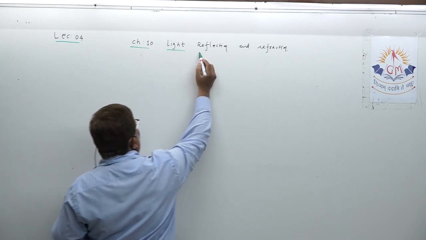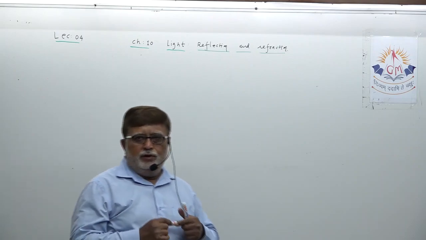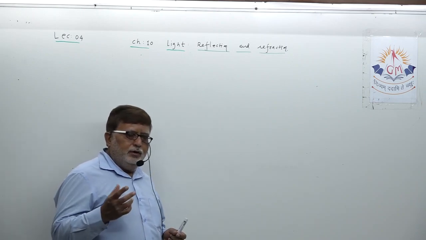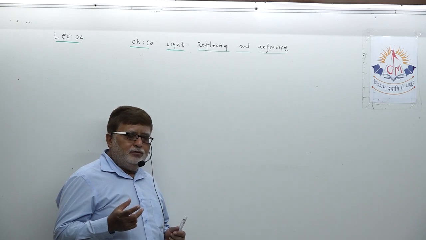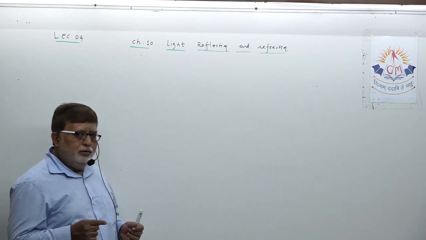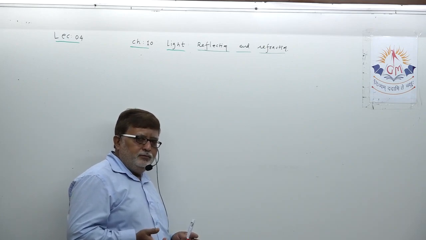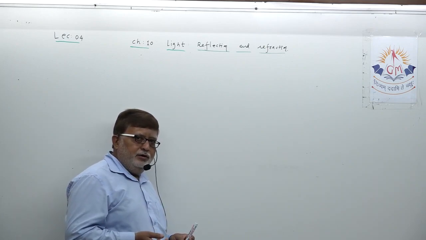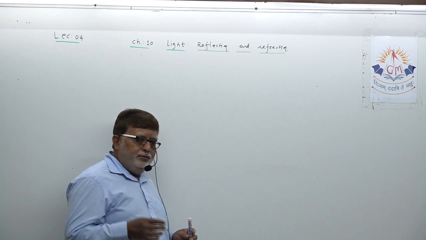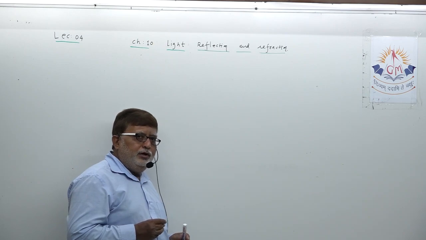Even, dear student, they can ask such a question also: concave mirrors are utilized in headlights of vehicles and in torch. Why? I have just given you an explanation that with the help of concave mirror, a long-distance-going parallel beam of light is possible. That's why concave mirrors are used there. In solar furnaces, large concave mirrors are fitted to produce a comparatively large amount of heat and light energy.